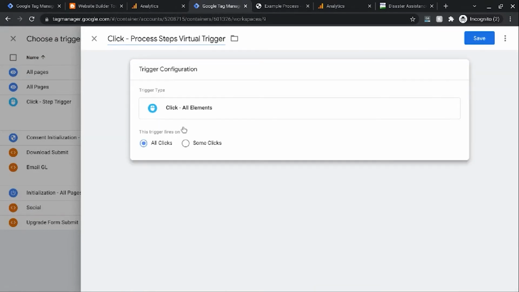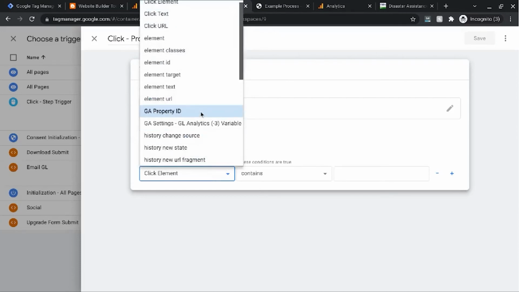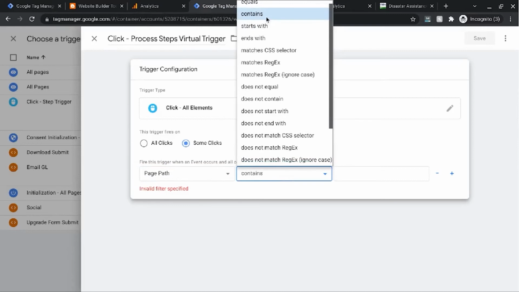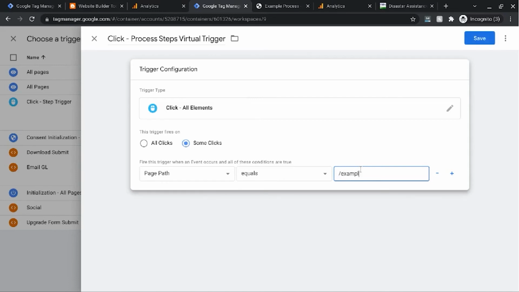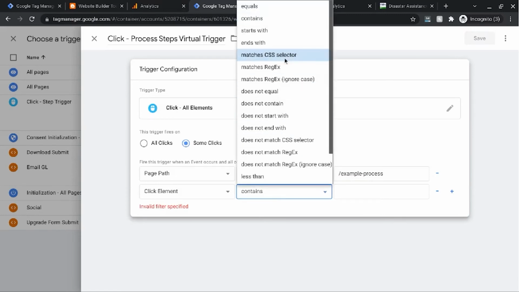Click in the configuration area and select some clicks. Change click element to page path. Set this equals to, and our page path will be /example-process, and that's what matches the page that we're currently on. So we'll add another condition, click element, we can keep that and set this equal to matches